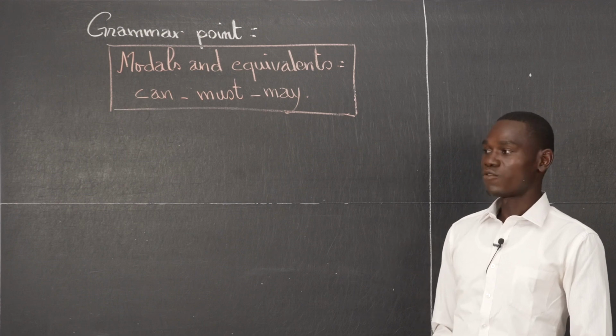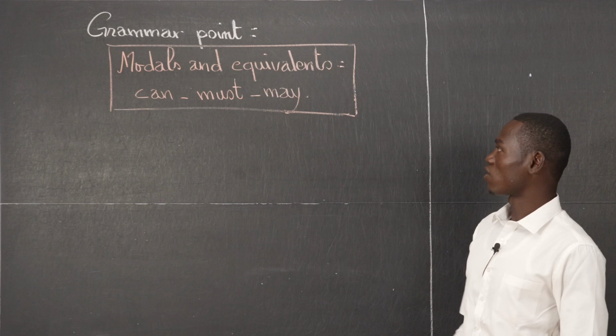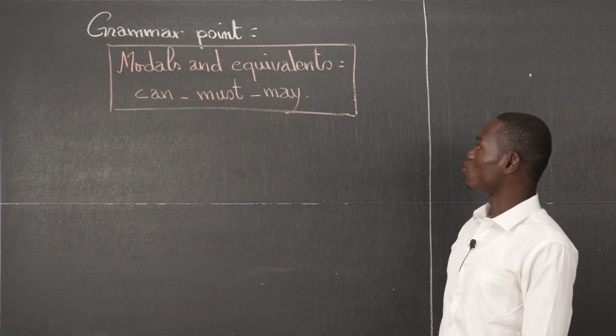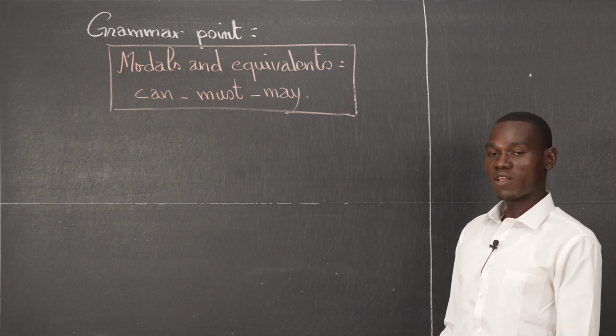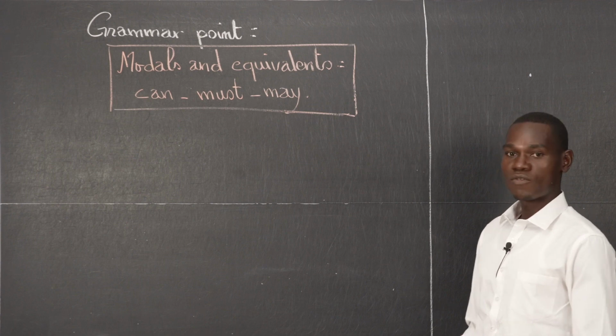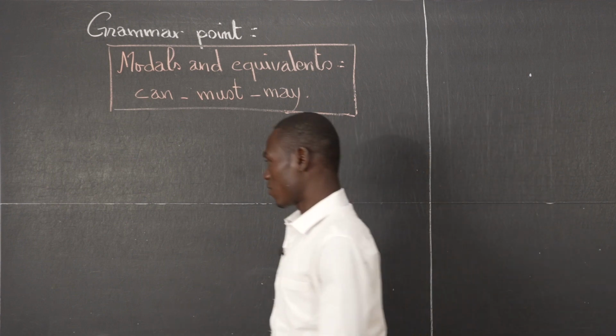If you have to use a modal in the simple future, for example, you cannot say "will can." This is not correct. So you are obliged to use the equivalent of can so as to make the simple future. Good. Let's start our lesson